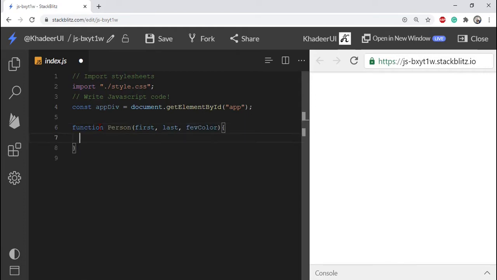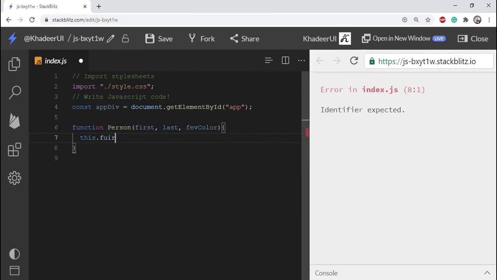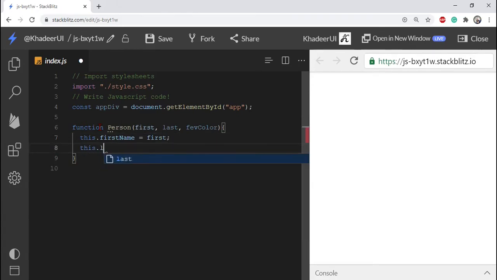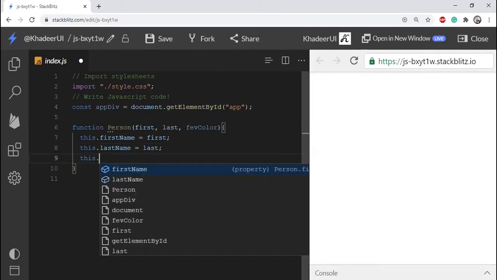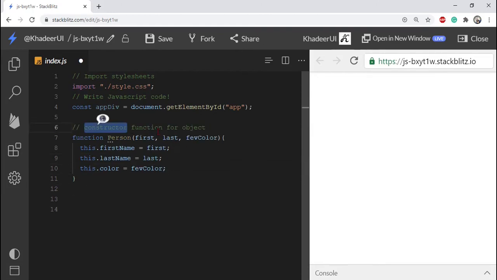Inside, write this.first, this.last, and this.color, assigned from the favorite color parameter. This is a constructor function.